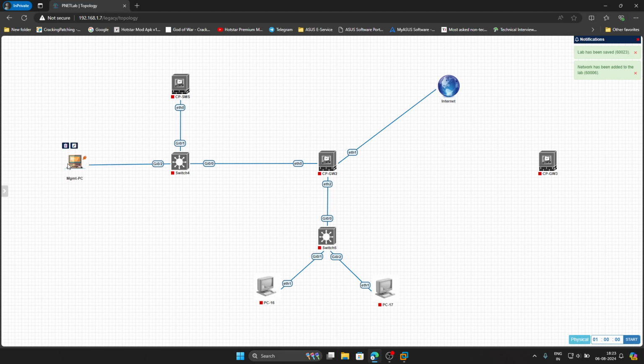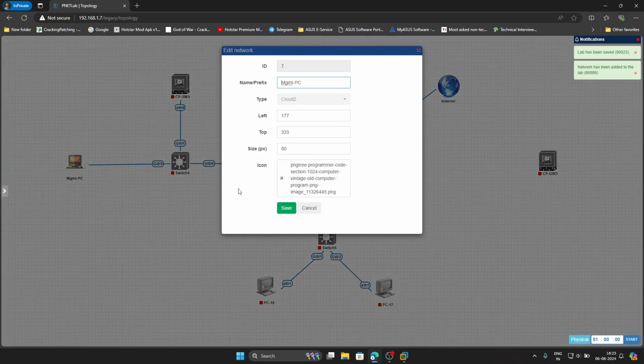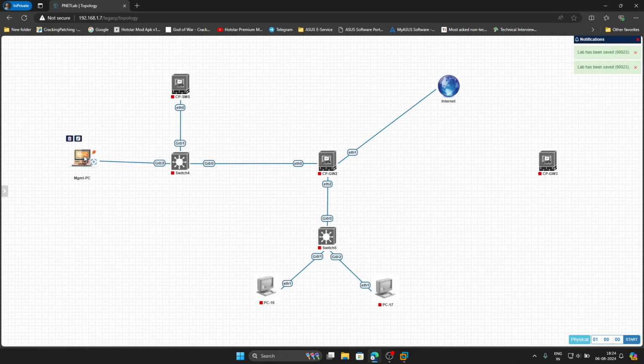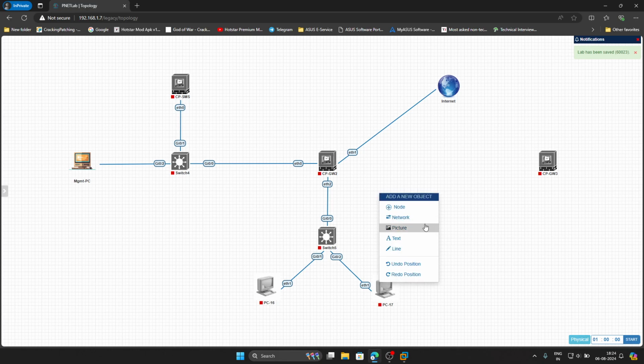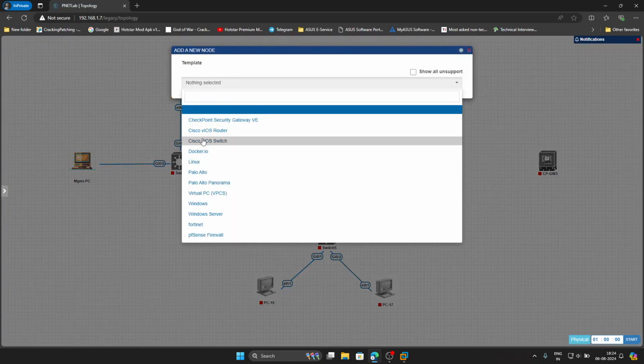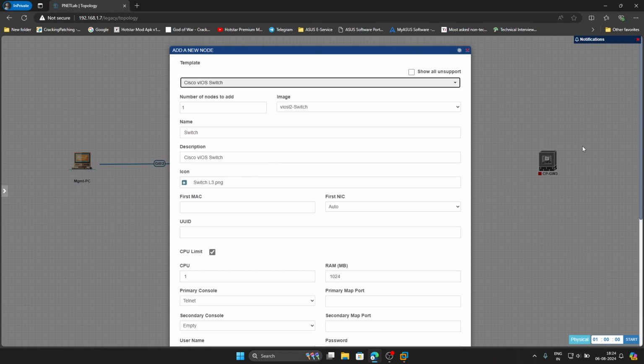So this is my physical PC where I connect to my SMS gateway access through the browser. So I'm giving this the name management PC. Now we have to connect our branch office here also, so I need one more switch for our branch office gateway. So we have to give this